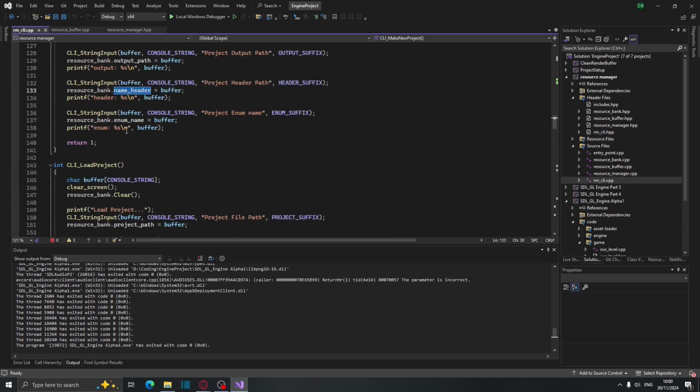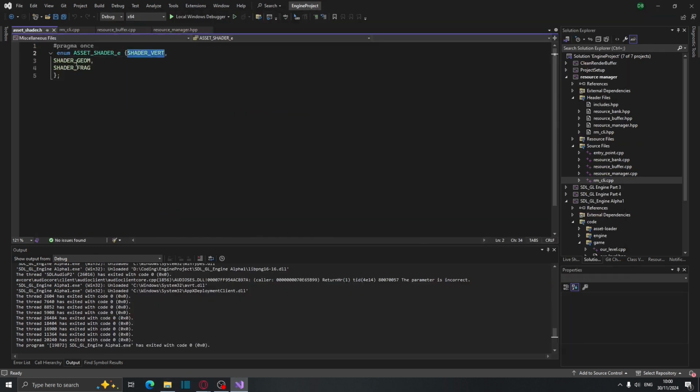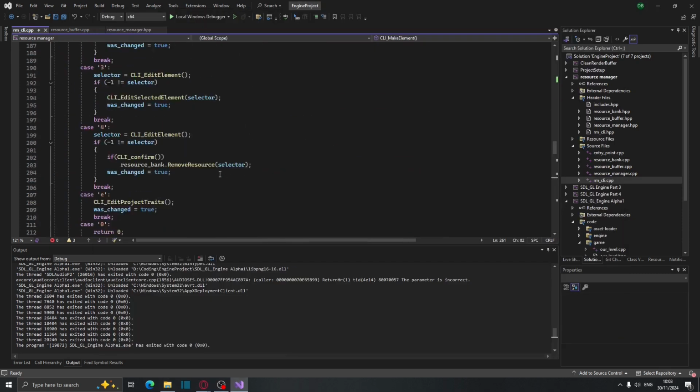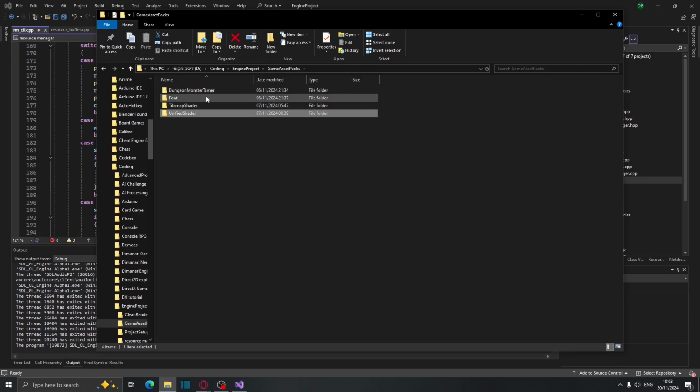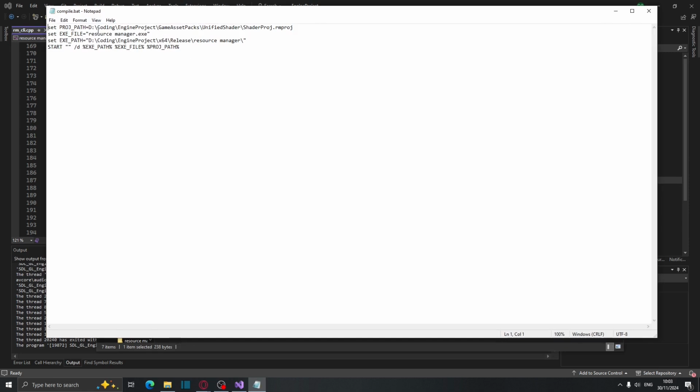Enum name is the name of the enum that you're going to use for here. As you see, asset shader underscore e, and then it has the 3 elements. And then there is the shader armas, which is containing all of those shaders just in a singular file. One thing that is very easy with those approaches is that I can take this unified shader and I can then copy paste this folder, rename it, and have completely different shaders, but they would still have the same shader name,